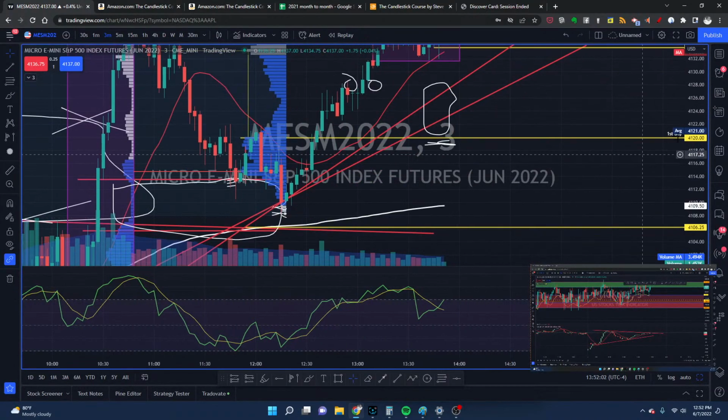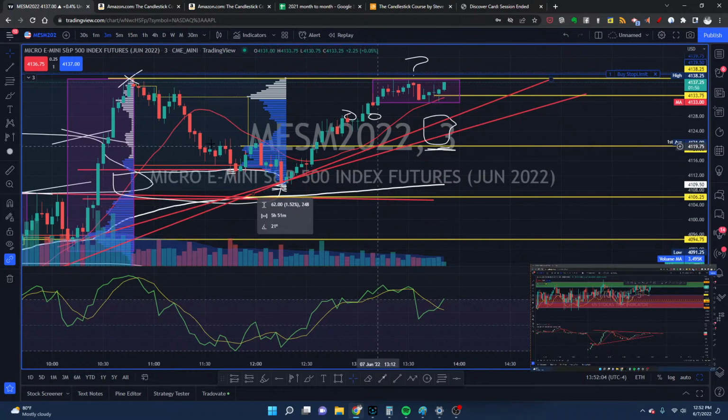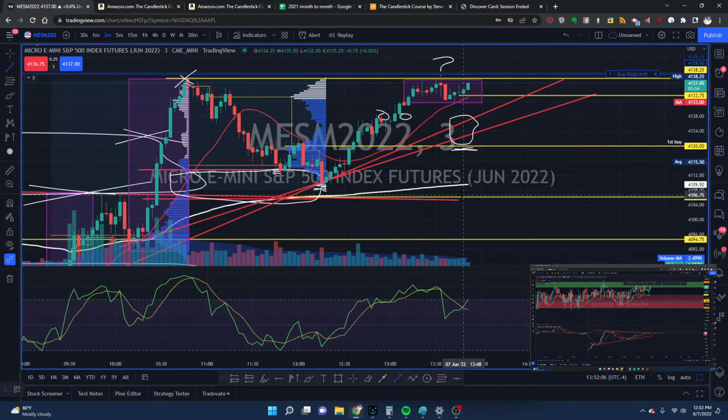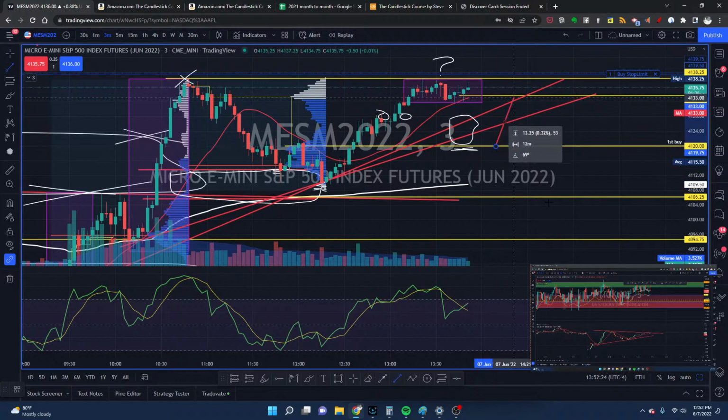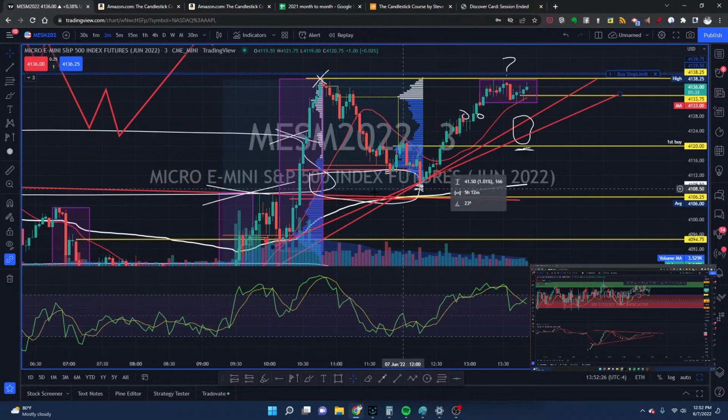So if that would have happened, though, I could have went up with 3 contracts. 2 of them from here to here, which is 27 points. So that's like, what, $5 a tick? That's almost $300. About $300, a little bit more. In just these 2 contracts down here. And then this one here that I bought here I could have went up with. But, you know, you're going to miss